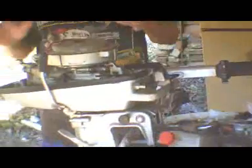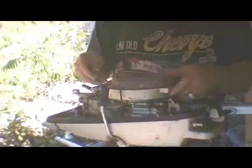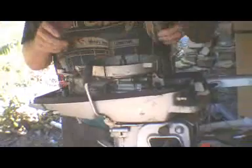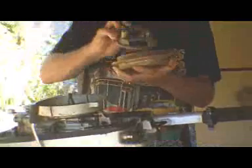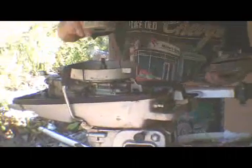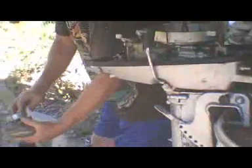So okay, I took that stuff off, and then you've got your magneto, which sits under that. This is part of the magneto. There's more to it. This has 4 magnets in it. You've got this deal that sits up here too. This catches the pull start, so it turns the motor. So you take the magneto mechanism off,